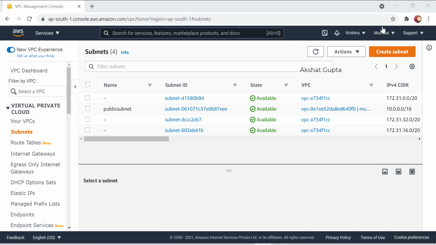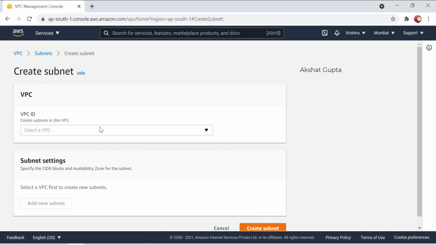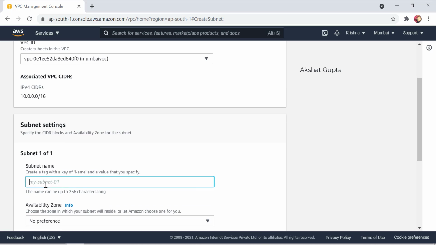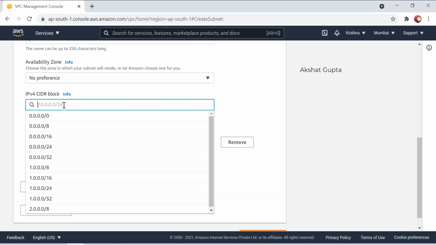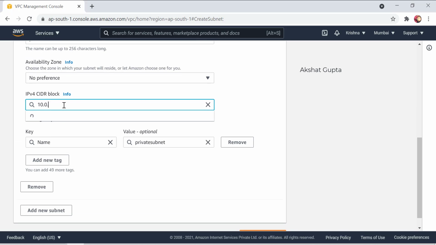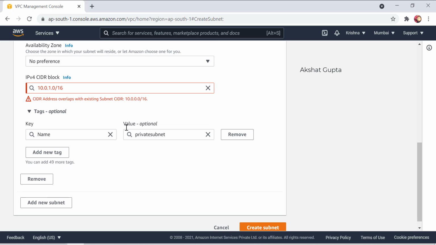If you try to create one more subnet, let me just create a private subnet here and put in an IP address. This was the IP address which we gave, and here let's put 16 and one here, and click.